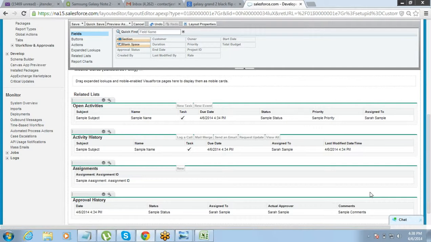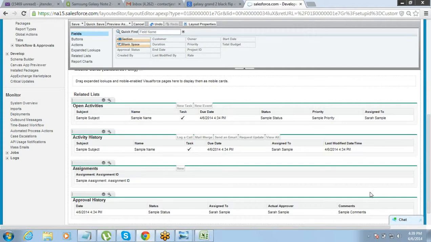Certain users should not edit it. So making a field required while you create the field, if you make the field required, that becomes universally required. Universally required means every time any user from anywhere is trying to enter data into that object, that field will be required, right? Whether the data is being entered through page layout or through a data loader, it will be required in both cases.